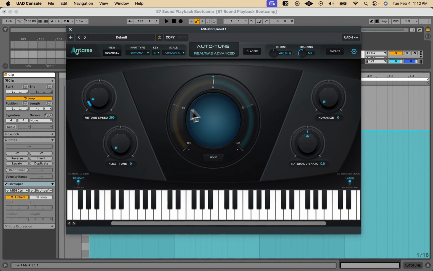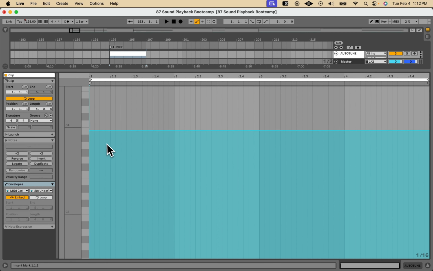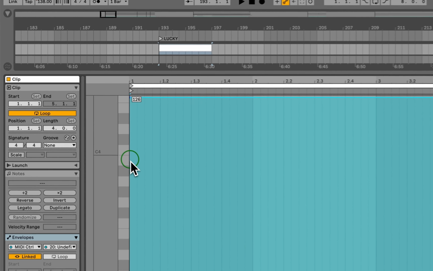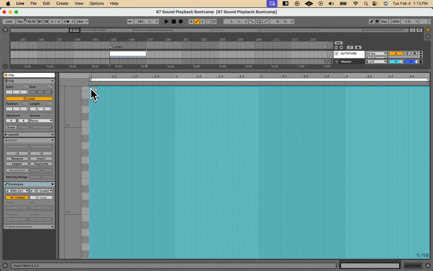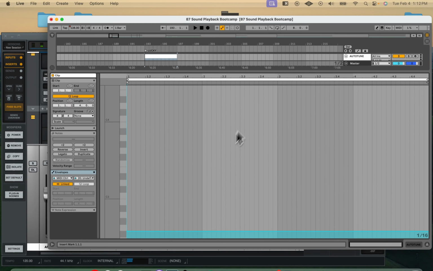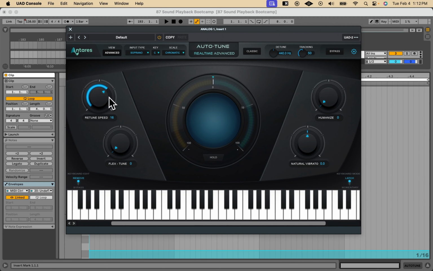Now it's at 296. Now the thing to consider is the difference in scale, right? Our scale here, this knob goes from 0 to 400, all right? This goes from 0 to 127. So 127 in Ableton is not going to equal 127 retune speed on the AutoTune plugin. All right. So you kind of just have to gauge it. Just kind of move it around till you get the value that you want. So if we say 5, right, and here, then in Ableton, on the AutoTune plugin, it's about 16, which is